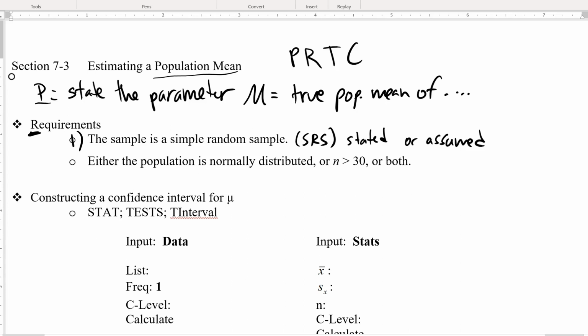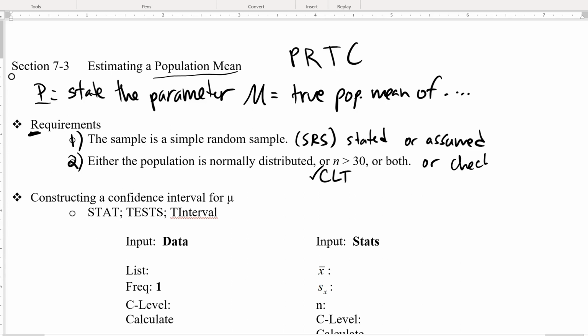And then second, we have to have normality. How do I get normality? Either I know the population is normal, or the central limit theorem, basically. If the sample size is greater than 30, then the central limit theorem checks out, and we will get normality. That's why that central limit theorem is such a big deal when we're talking about means. Or